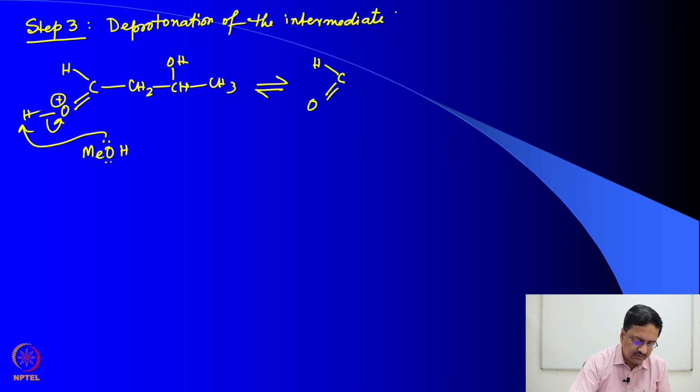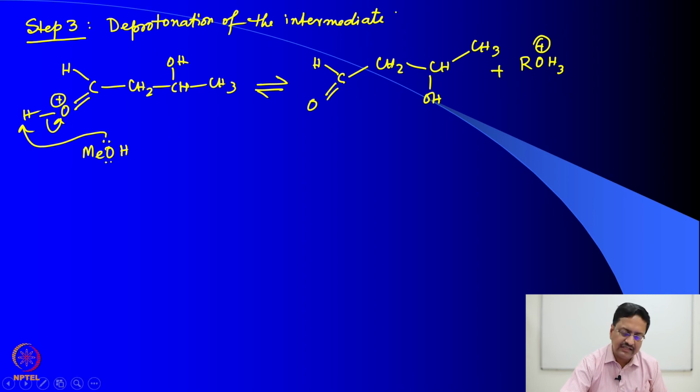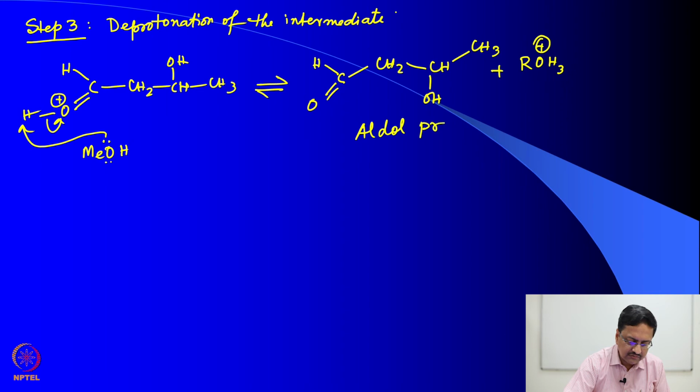What we get now is the corresponding aldol condensation product. So, the medium still remains acidic and this is the aldol product at the end of the acid catalyzed aldol